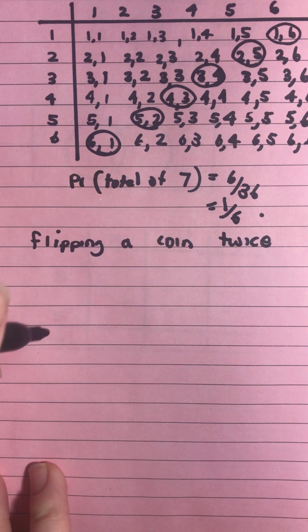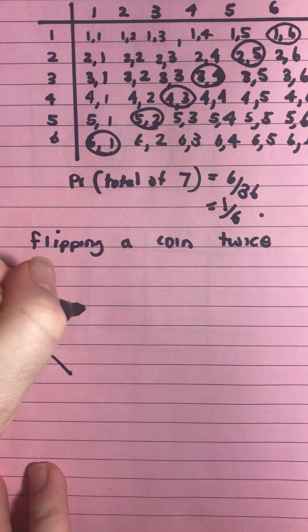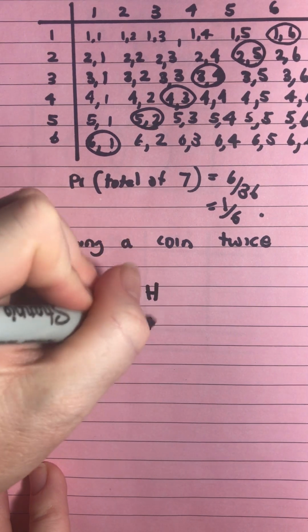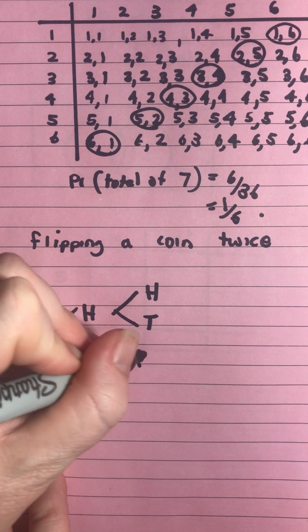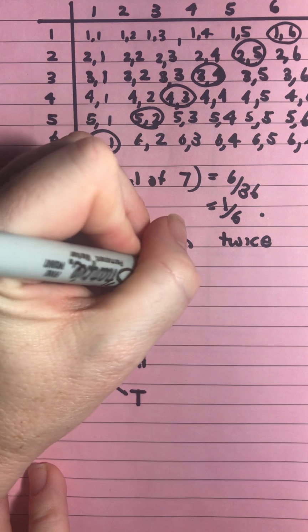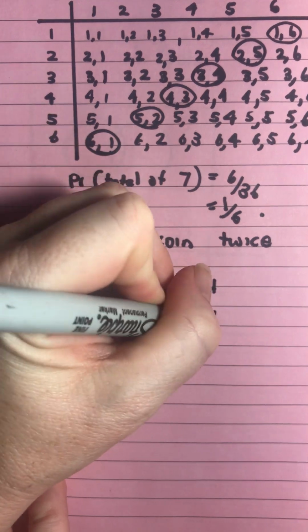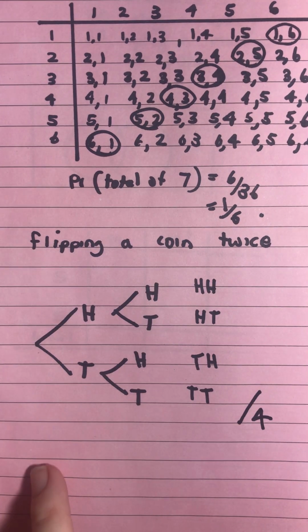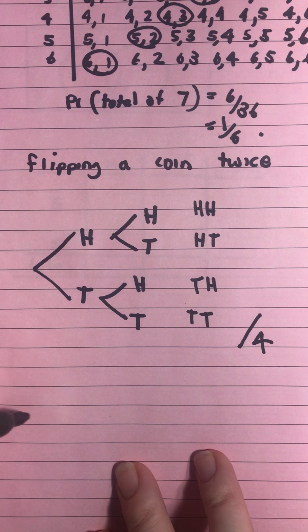So this one we've got flipping the coin twice. On the first throw we can have head or tail. On the second throw, head or tail for the first one, and then head and tail for the second one. So we can write our combinations: head head, head tail, tail head, tail tail, and we get 4 combinations there. If we wanted to do it flipping 3 times,